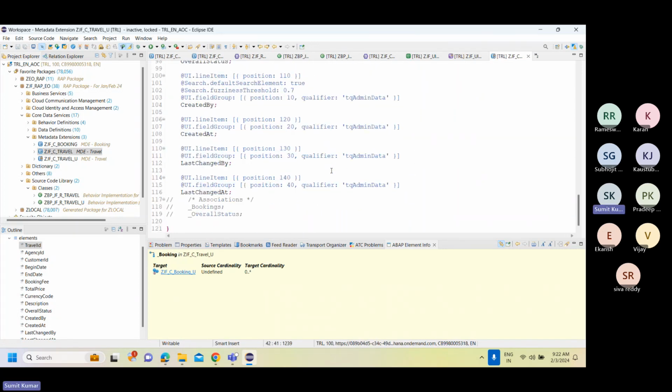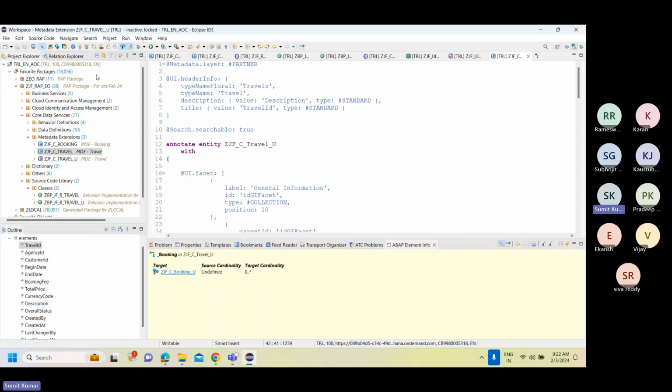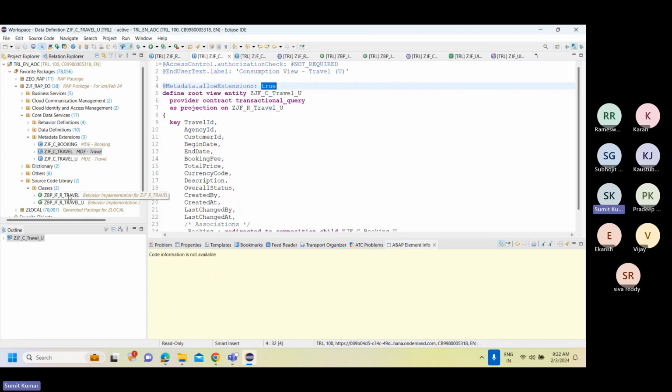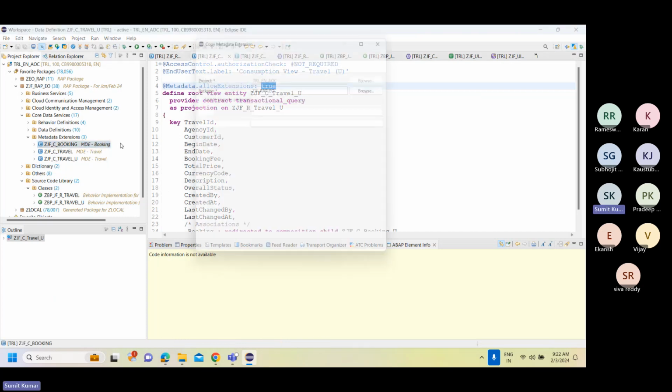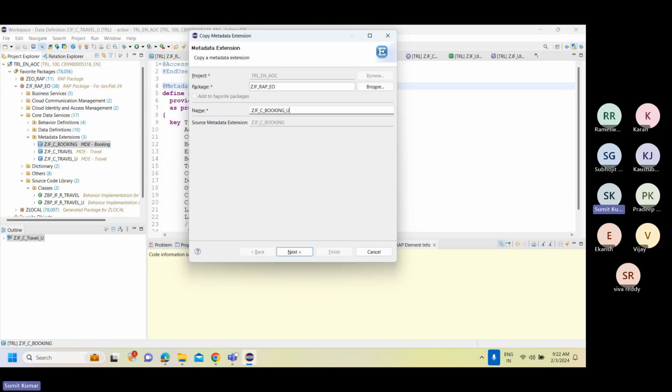Do we have any other changes? No, things are pretty similar. Okay, I'll just activate this. And maybe we'll also go with this one, booking one, Control C, Control V, underscore U. I'll just